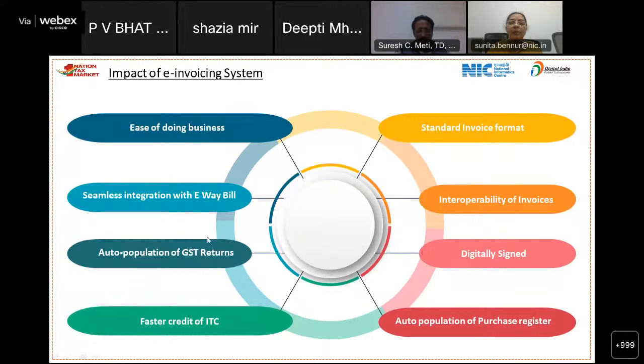Now let us look into the impacts of the e-invoice system, how this has benefited. Firstly, it has given a standard invoice format. Previously, all the businesses had different invoices. They could not exchange these invoices. But now with a standard invoice format, all of them are able to exchange their invoices without any problems. That is interoperability of invoices. You can send your invoices and you can import this invoice into your system. There is no change in the format. Since all are generating with the same format, you can easily transfer these invoices as a purchaser or a supplier